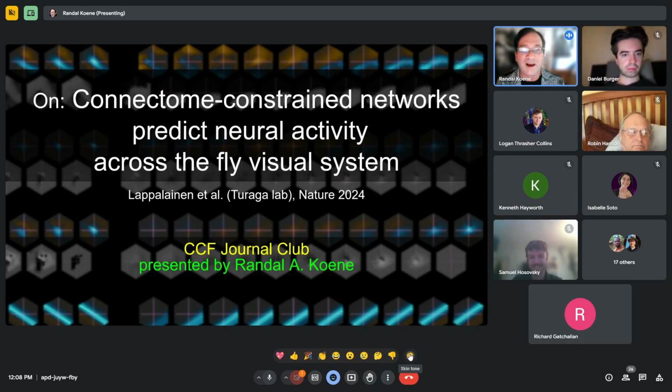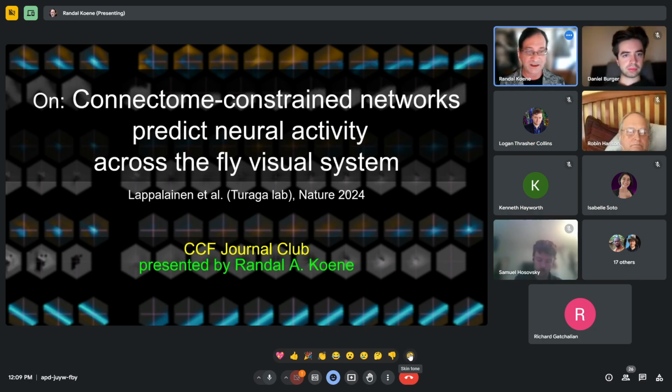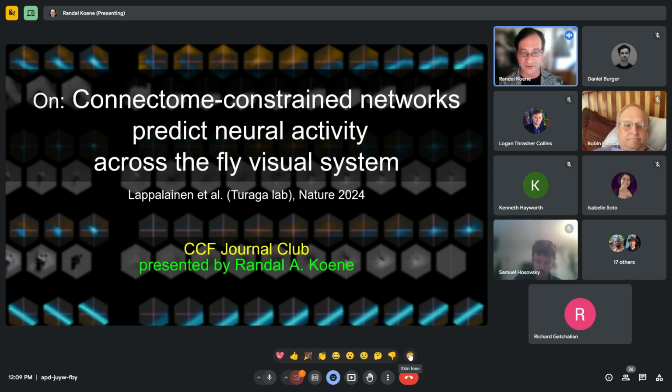I'm hoping that we can extract some clear insights about the claims, results, methods, and validation, and also the limitations of the study, and figure out where it fits into the overall aim to reconstruct connectomes, functionalize them, and achieve accurate and useful simulations and emulations. In particular, I'll say a few words at the end, noting similarities and differences between the modeling work done here and the work we've been doing on our Brain Emulation Challenge platform. Some of you may not have heard of that before. If you want to see it, go to carboncopies.org and find it under our research section, or go to braingenics.org where it's featured prominently.